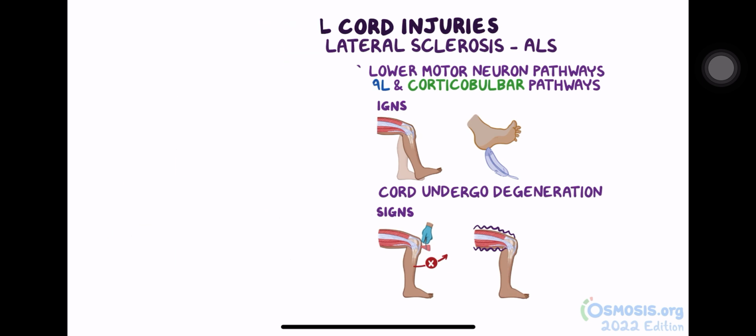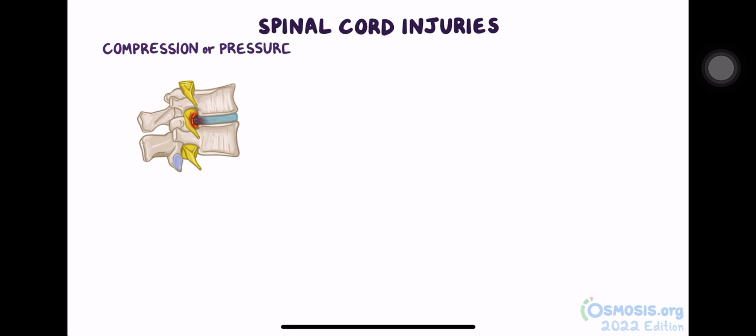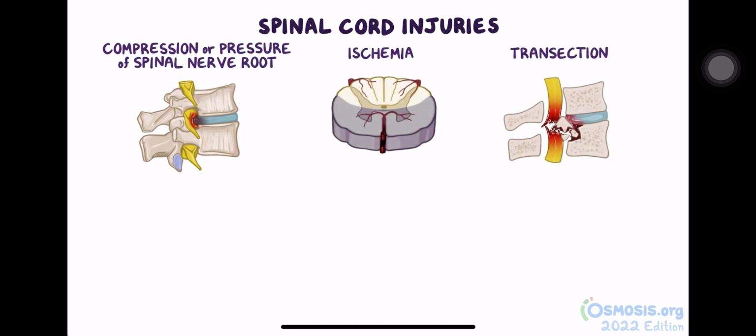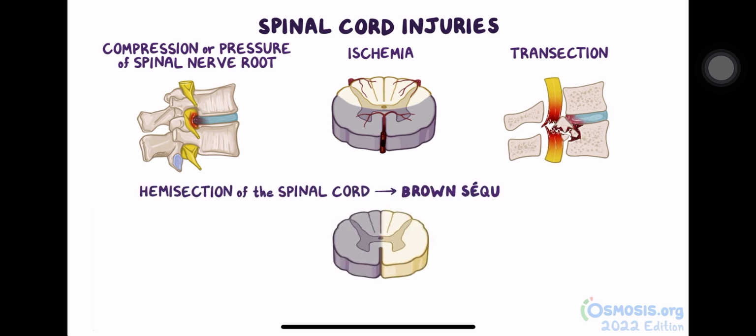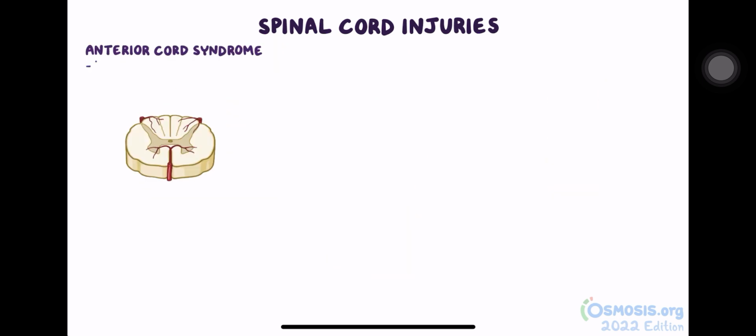Okay, now for a quick recap. Spinal cord injuries can be caused by compression or pressure of spinal nerve root, ischemia, or transection. There can be complete transection of the spinal cord, as well as a hemisection of the spinal cord, which results in Brown-Séquard syndrome. Anterior cord syndrome occurs with a loss of blood supply from the anterior spinal artery, affecting the anterior 2/3 of